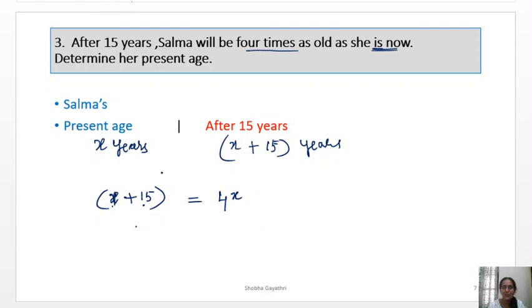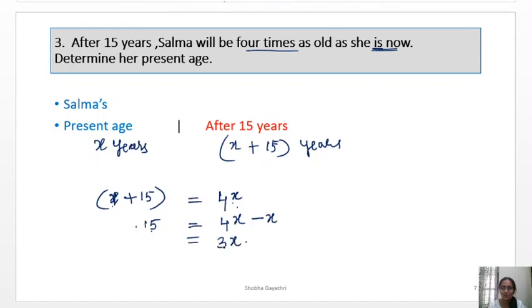Now keep the number 15 here. We have x on both sides of the equal sign. We have to collect the x variable on one side and the numbers on the other side. Let me take x to the right side. Already it is 4x here. Let it be 15 here. I am transposing x to the other side. While transposing, you have to apply the rule: it is plus x here, it will become minus x. So you will get 3x.